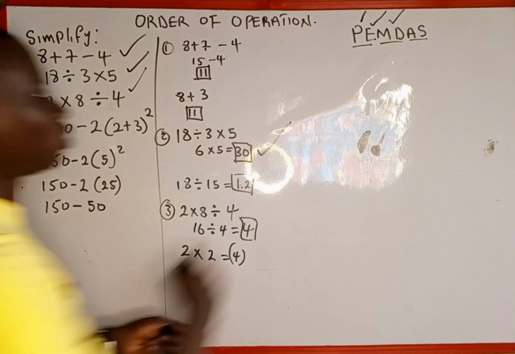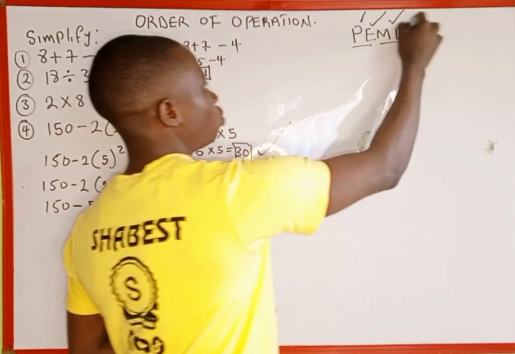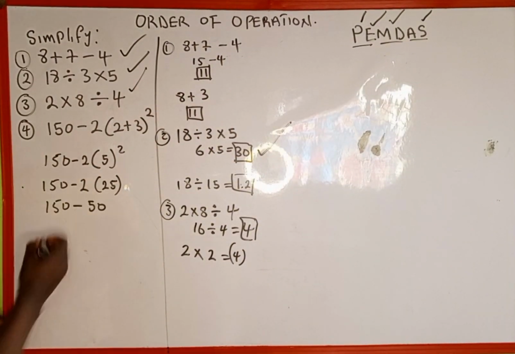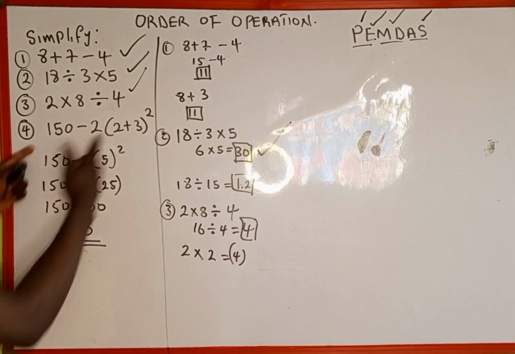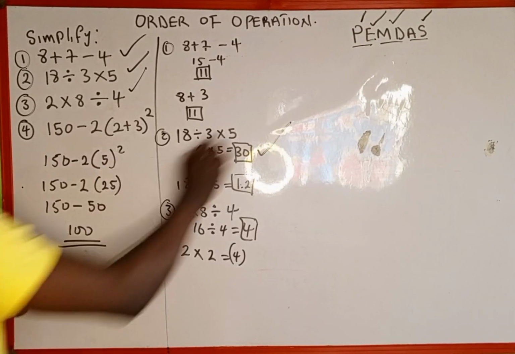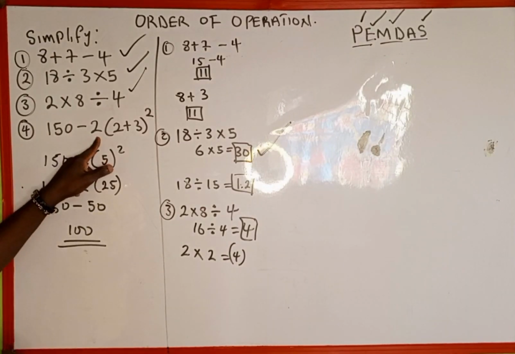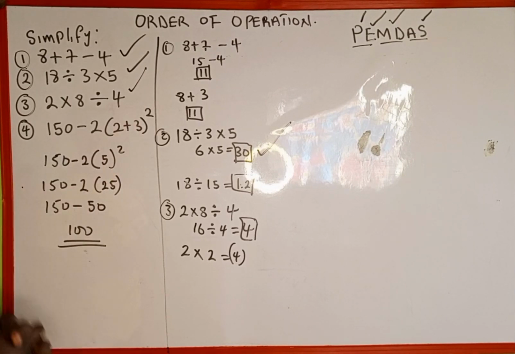So the next thing is what? Division. There's no division, there's no addition. So we're going to skip these two. So the next is subtraction. 150 minus 50 is going to give us 100. So this is the simplification of this expression using PEMDAS. When you do 150 divided by 2 is 75, 75 multiplied by 5, you are going to get a wrong answer. So this is how to simplify this